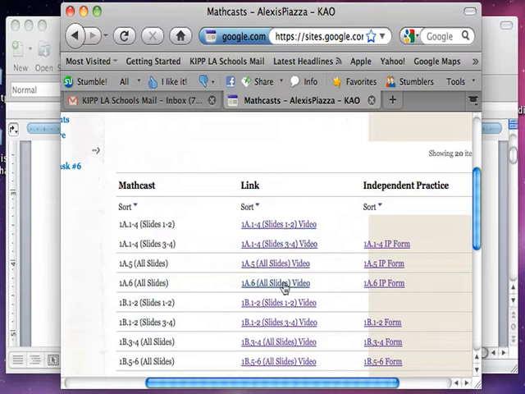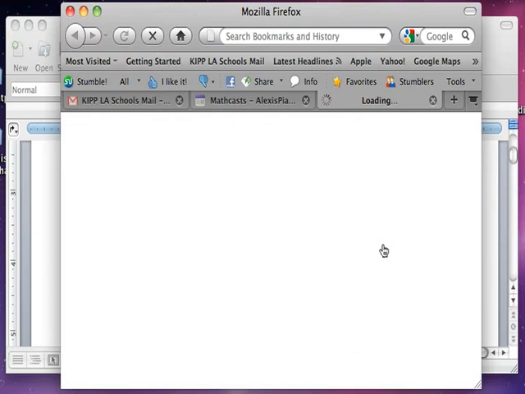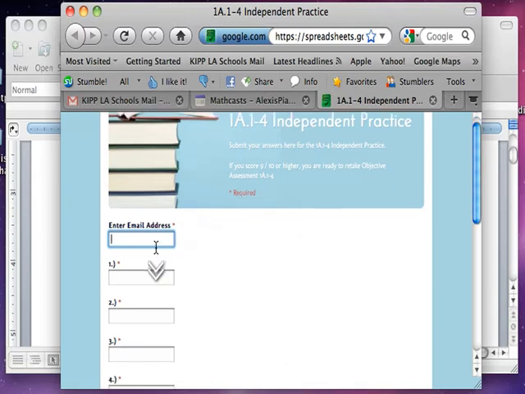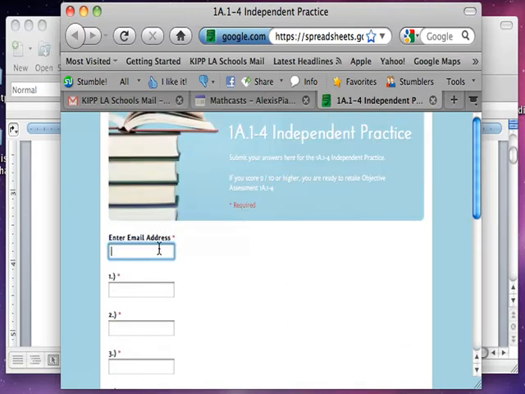You're going to go through these in order, and you should be able to submit 2 independent practices per day. And when I say blue ribbon, each independent practice will tell you, I'm clicking this one, what you need to get a blue ribbon. So for example, in this one, it's out of 10 questions. This is the very first one you'll take. It says up here, if you score a 9 out of 10 or higher, you're ready to retake objective assessment